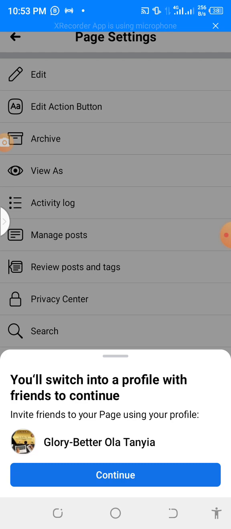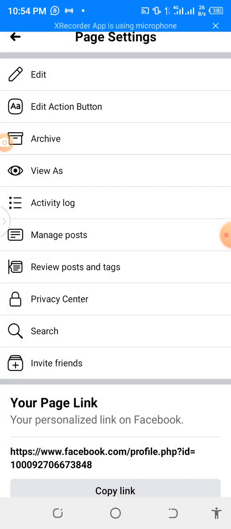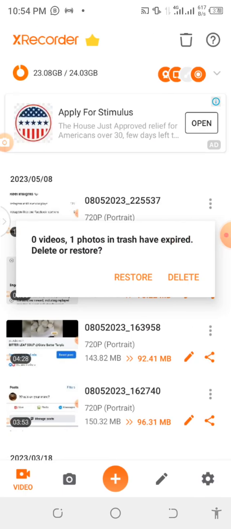Then it takes me right to my Facebook profile, where it will give me options of friends on my Facebook profile, so that they can like my page, because they will get to know that you are the one who created it, being that you will be inviting them through your Facebook profile. So you can either choose to have people on your page through inviting your friends to like your page, or